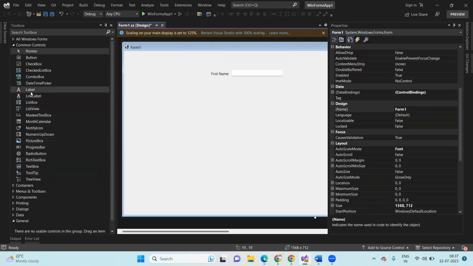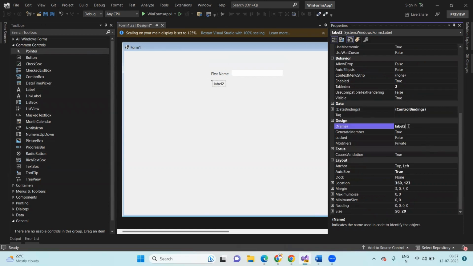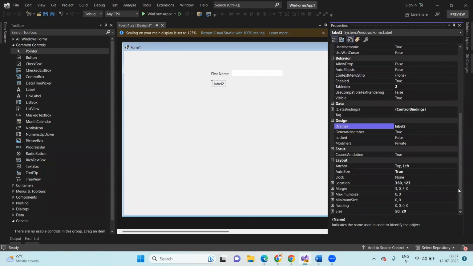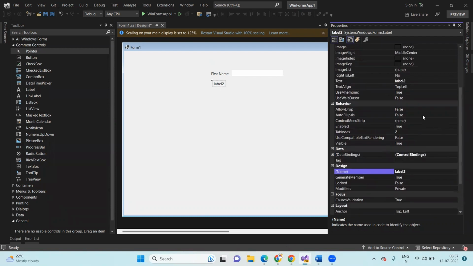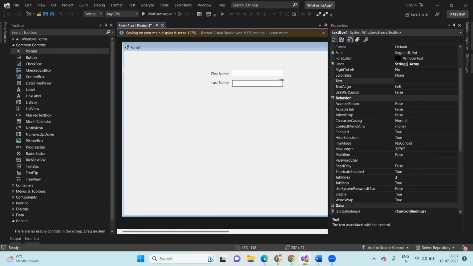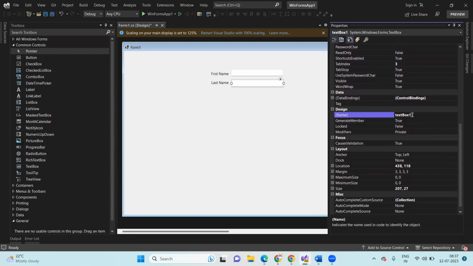Similarly, I'll take one more label. Name, last name. Sorry, not name, text. Name is a property value. There should not be spaces and all. Where is text? Here, very good. Last name. For this, we need one more text box. So for this name, it will again give textBox1. We will change it to txt